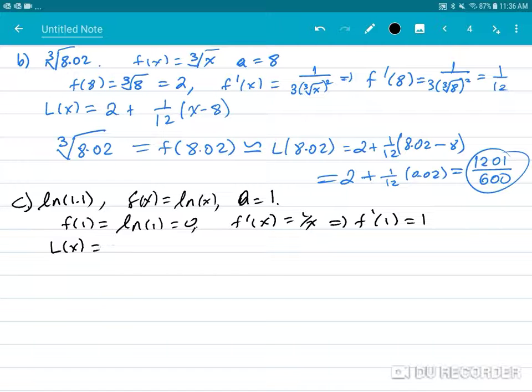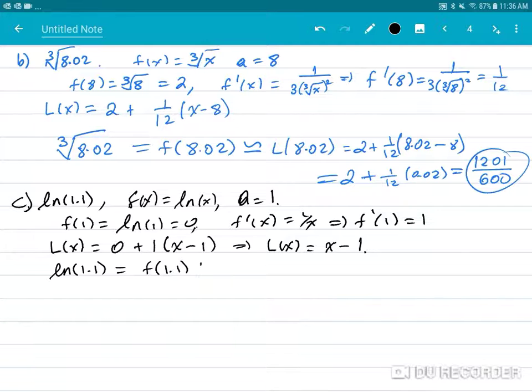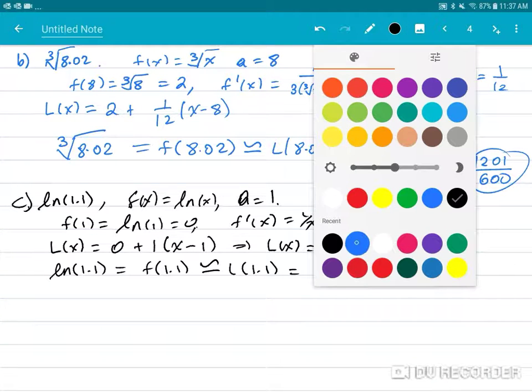So L of x is L of a plus f prime of a times x minus a. And so this means that L of x is just x minus 1. So natural log of 1.1, which is f of 1.1, is approximately L of 1.1. That's 1.1 minus 1. This is 0.1. So 0.1 is an approximate value for natural log of 1.1. Okay. The last one